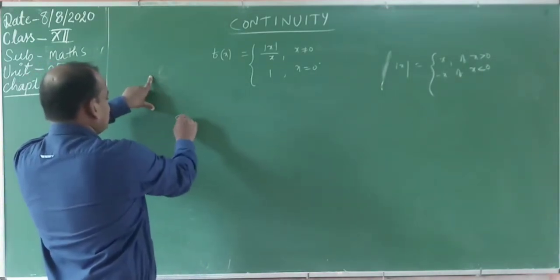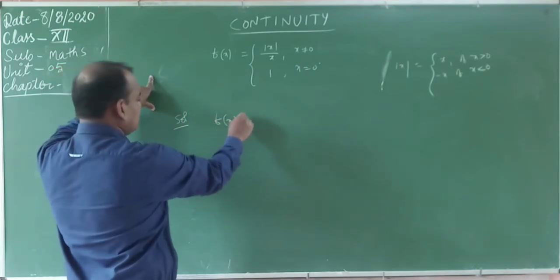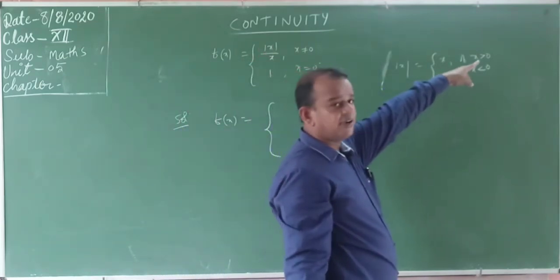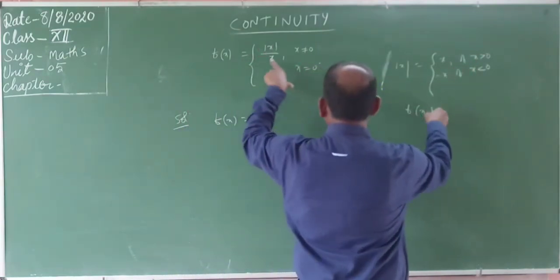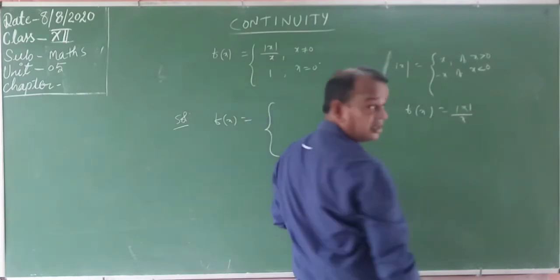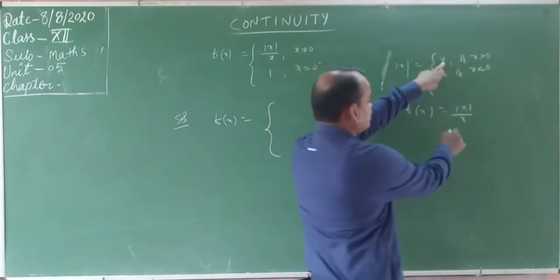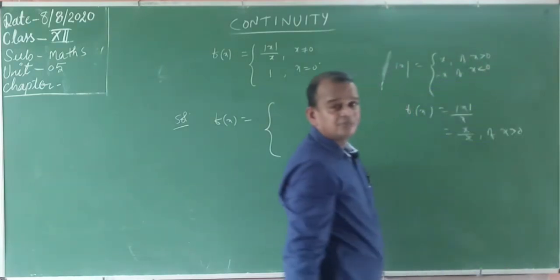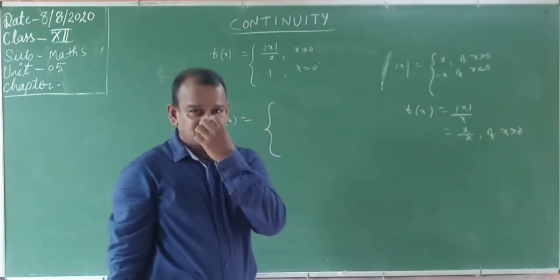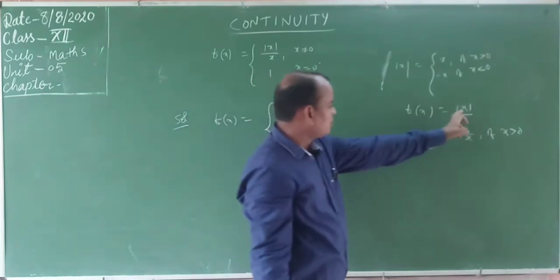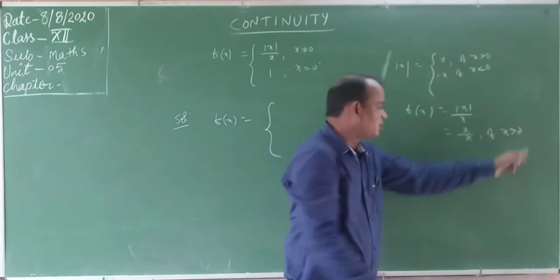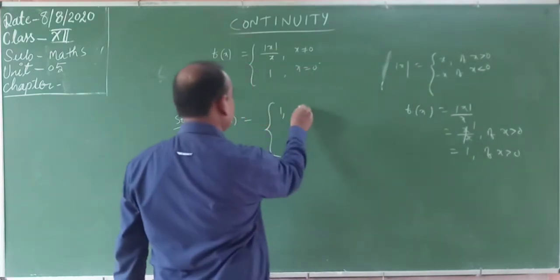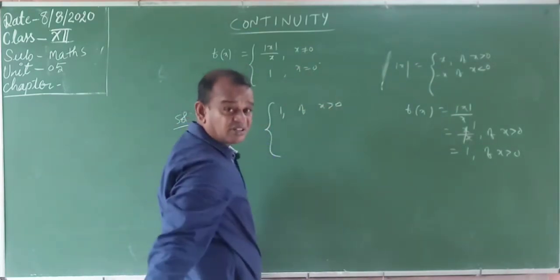You write the function. F of x is equal to, I will take mod x. Mod x is equal to x when f of x. What is the function? Clearly observe that. F of x is equal to mod x by x. Here, for suppose x where mod x is equal to x, x by x, when x is positive. Not understood? F of x is equal to mod x is x, boys. When x is positive, now this value is 1. 1 if x positive. Here write down 1 if x positive. Constant function, no problem at all.